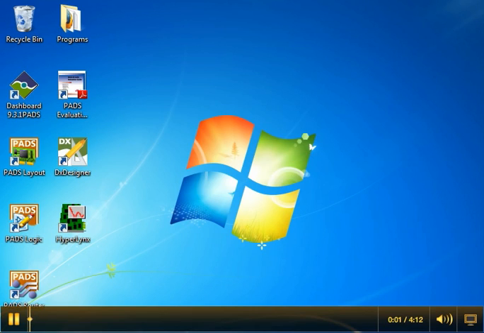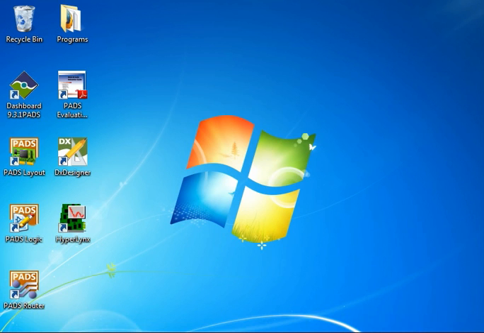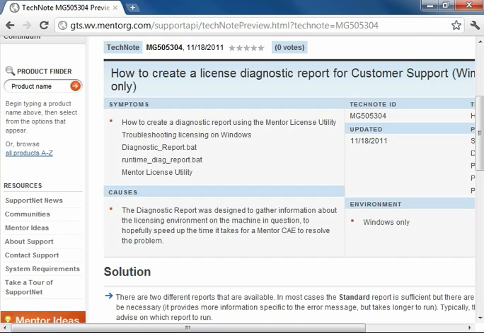Hello and welcome to a demonstration on how to generate a diagnostic report for licensing. I'm going to go ahead and start out on SupportNet. Here I am in TechNote